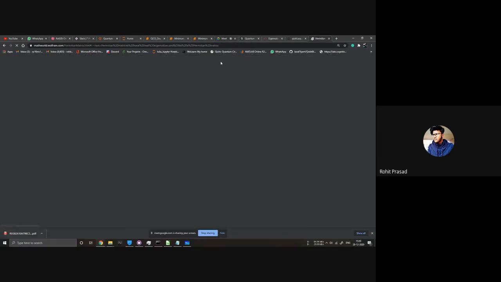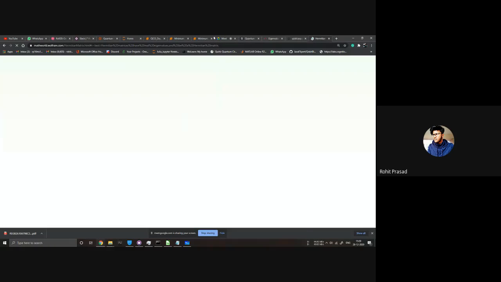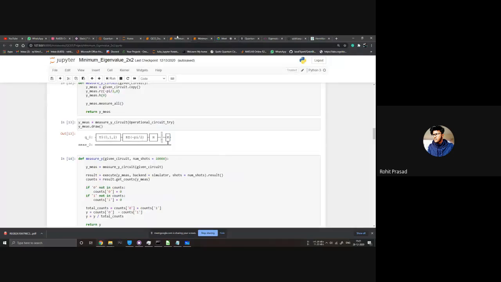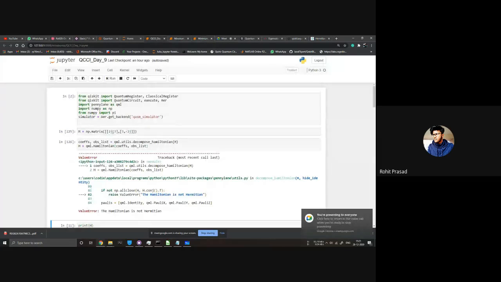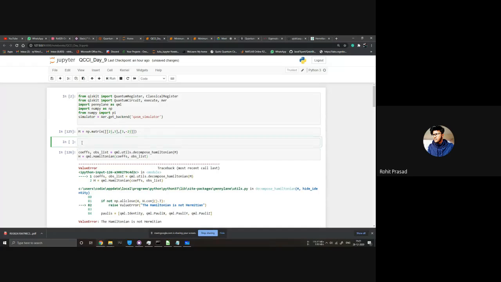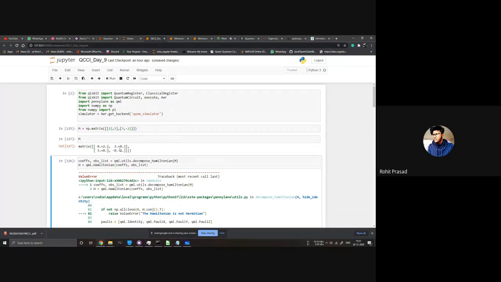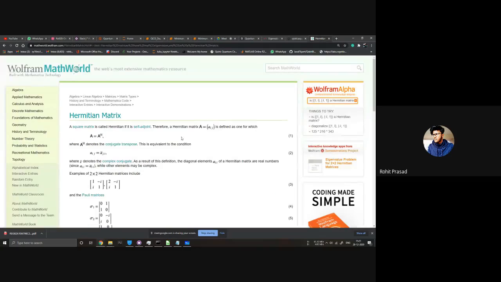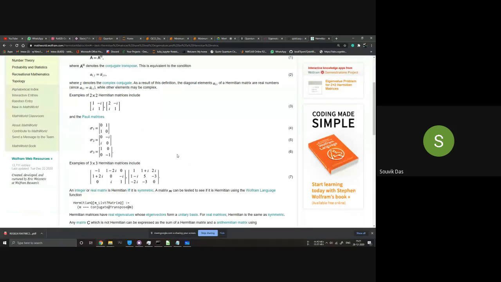A should be equal to A dagger. Sorry, the complex should not be in the diagonals.